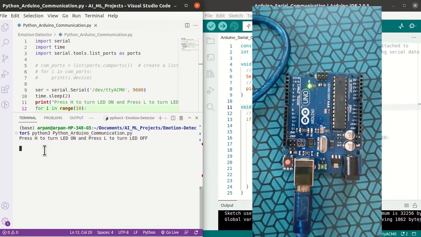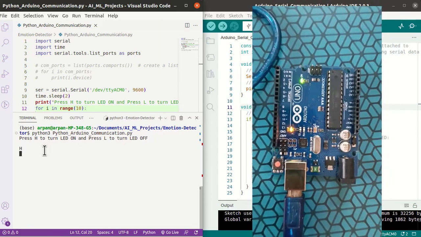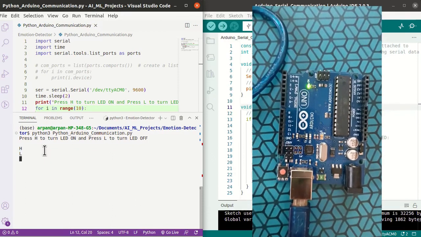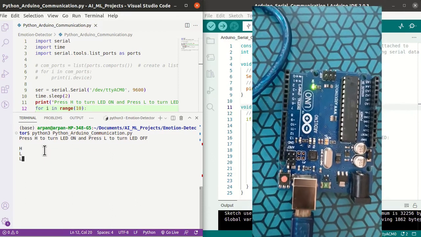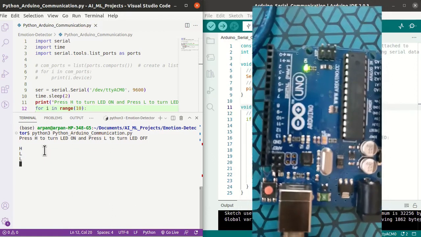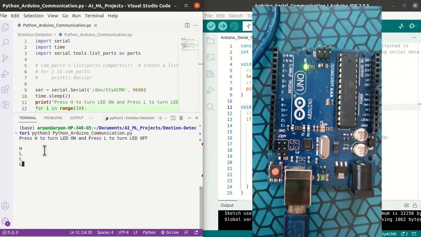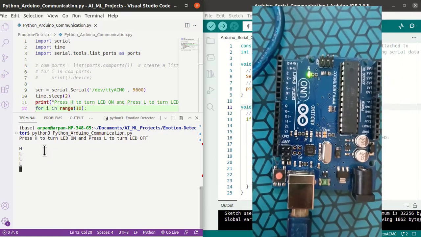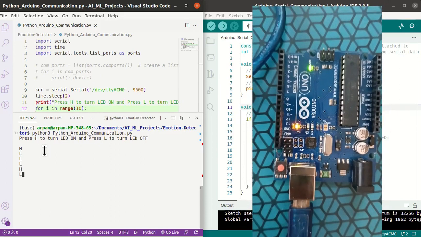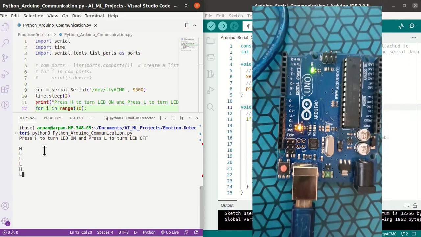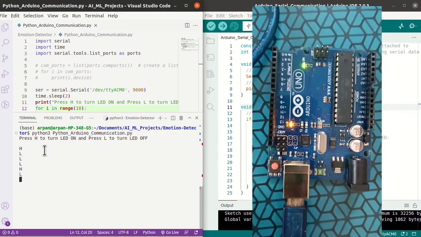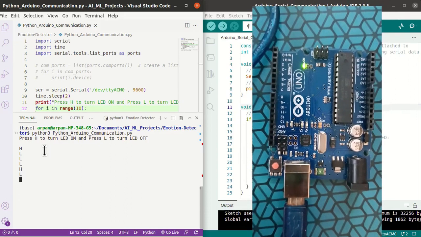Now I am giving H, so you can see the LED is turned on. When I give L, the LED is turned off. If it is already low and I give L, it will not turn on, but you can see the RX LED of Arduino blinks. I am giving L again, so the receive LED is blinking, but the LED didn't turn on when we give L and turns on when we give H. Now I am giving L to turn off. You can see the RX LED also blinks one time